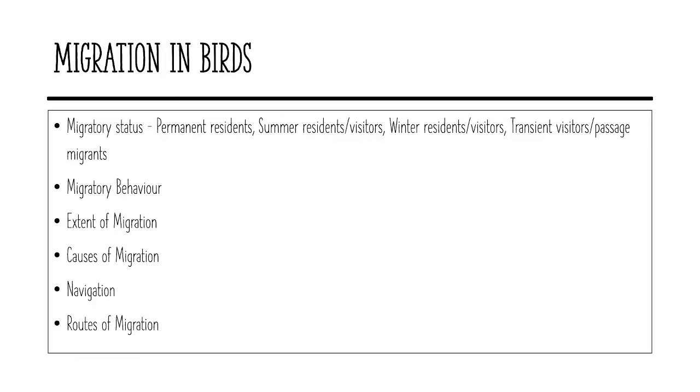Next is migratory behavior. Coming to the migratory behavior of birds, after several experiments like tagging the birds and different laboratory experiments on their physiology, it was found that migratory movements do not occur at random. It is not a random type of movement. Each species of birds has a characteristic geographic distribution during the breeding season. The route followed is definite, and the time taken for migration is also more or less constant, in the sense that